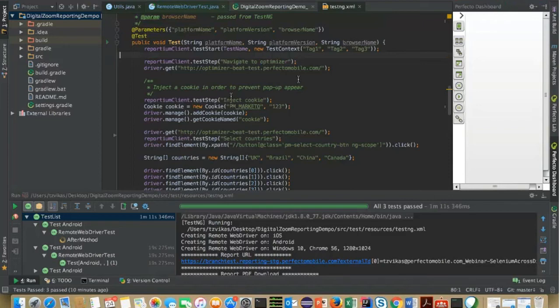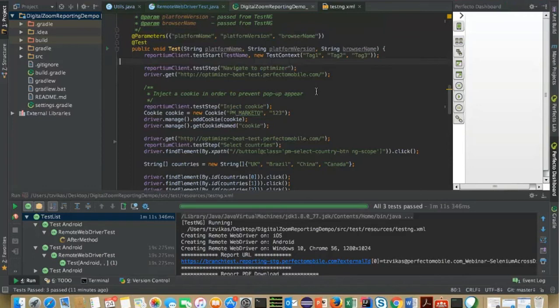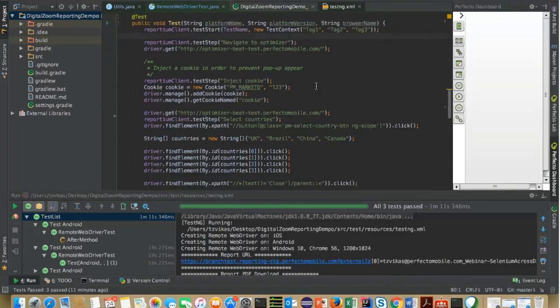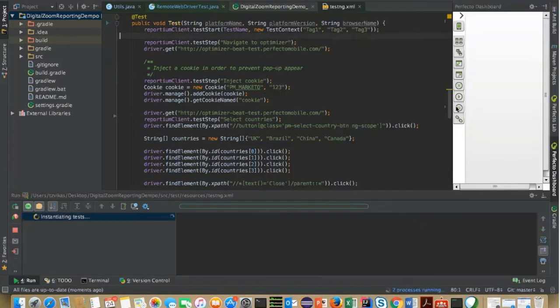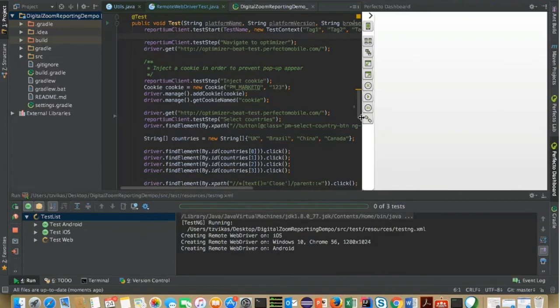As I have some native pop-ups there, I'm using the injection of cookie in order to overcome that and make sure that my test is not being stopped. So let's run the test and see how it looks very quickly, and together we'll drill mainly into the report itself to see